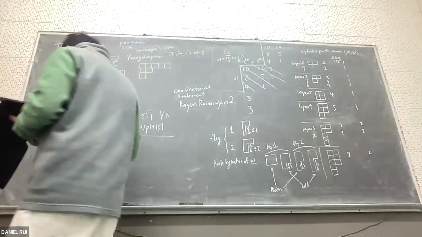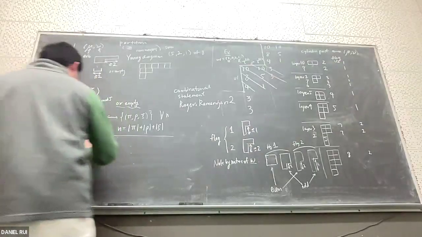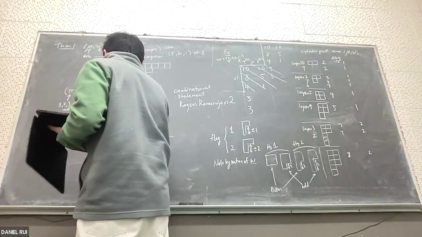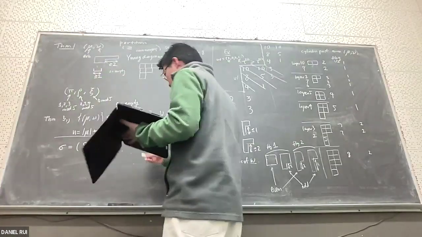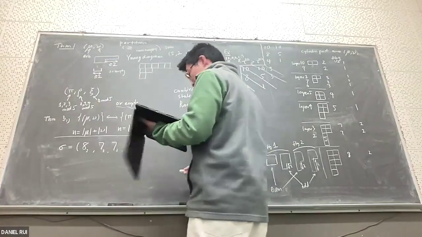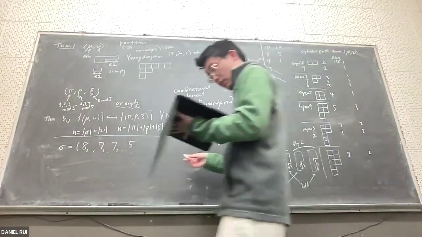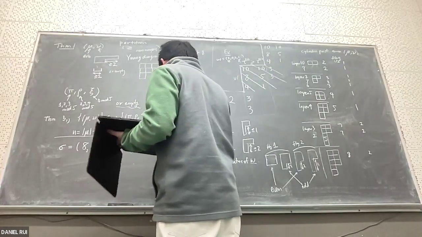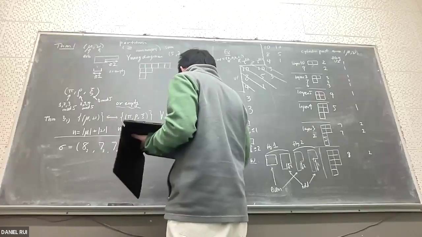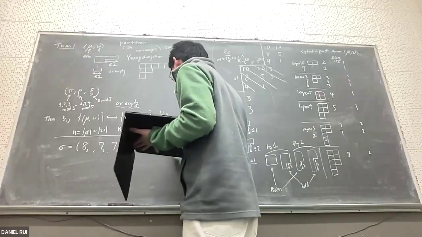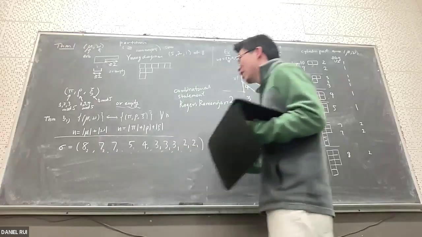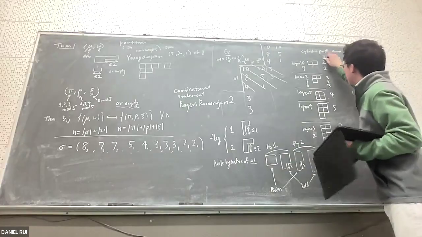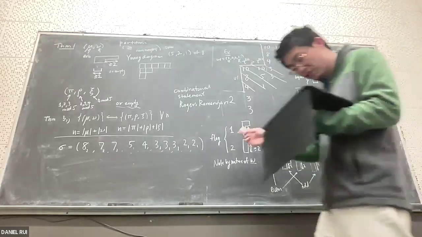So let's just write everybody down. There's an 8 labeled or flagged 2. There's a 7 with a 2, 7 with a 2, 5 with a 1, 4 with a 1, 3 with a 1, 3 with a 1, 3 with a 1, 2 with a 1, and 3 with a 1. And there are commas in between all of them. So that's sigma. We create it from the number of blocks and also the flag. And from this, we can cook up